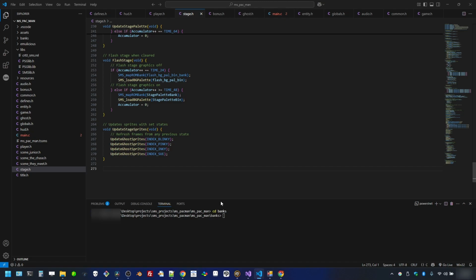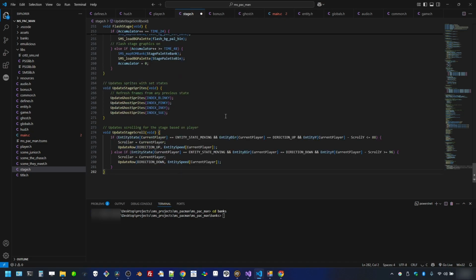And this is the vertical scrolling. So the update stage scroll, this is looking for some conditionals. First we're going to see if it's player 1 here. Whatever the current player is, we're going to see if the current player is moving. We're also going to check what direction they're facing, so if they're facing up, and then we're going to check on where they are positionally on the screen. Well, if these conditions are met, then we're going to set the scroller as the current player,